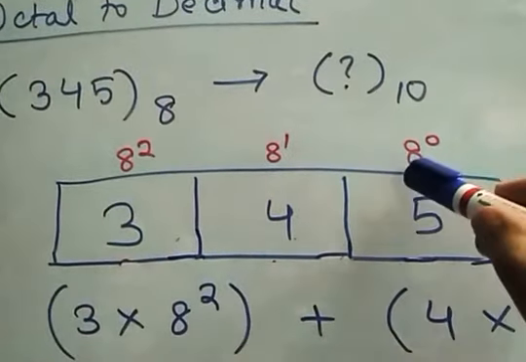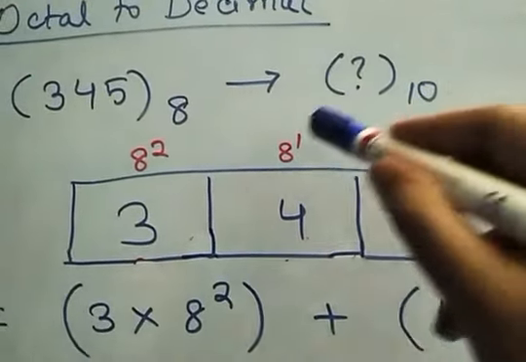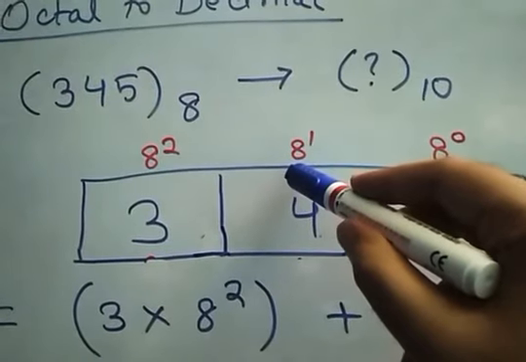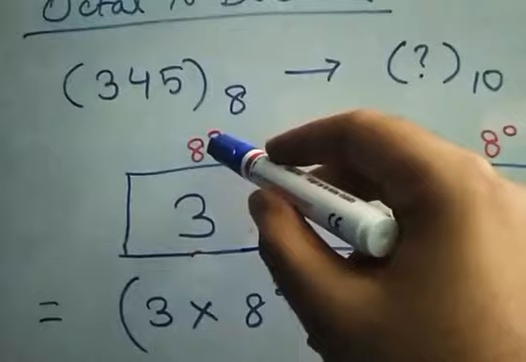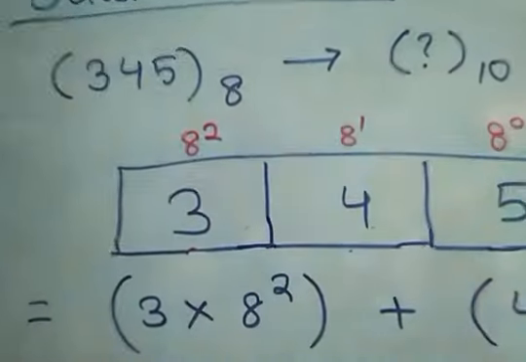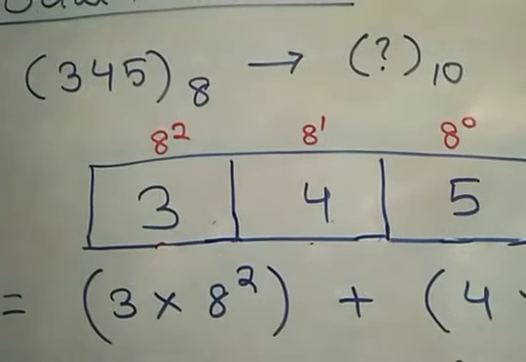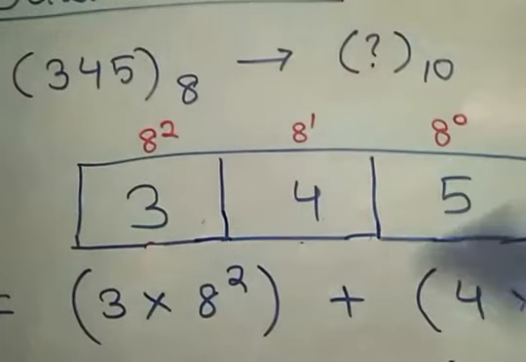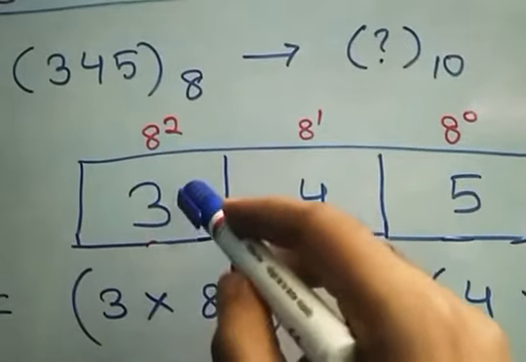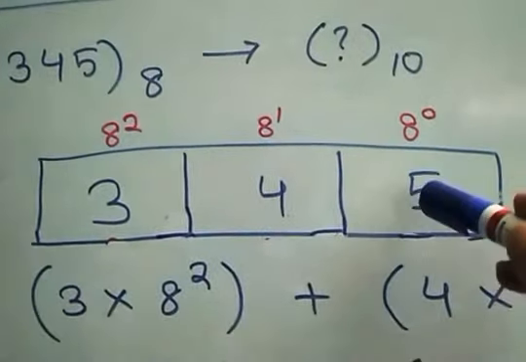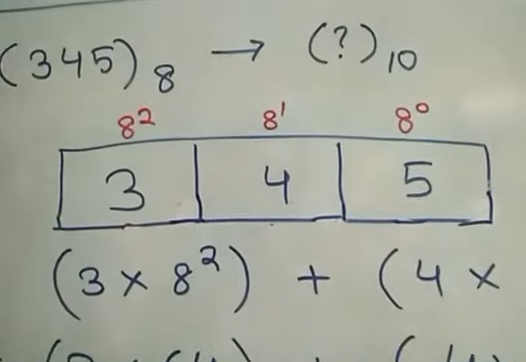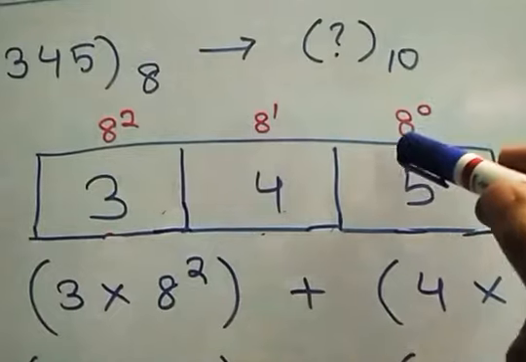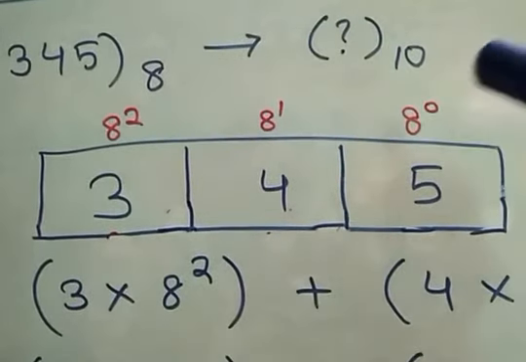And their weights are 8 to the power 0. Weight of 1 position is 8 to the power 1. Weight of 2 position is 8 to the power 2. This is not second position, this is number 2 position, because we write it as 0, 1, 2 like this. We start from 0, for that reason. And their weights are according to the power of 8.